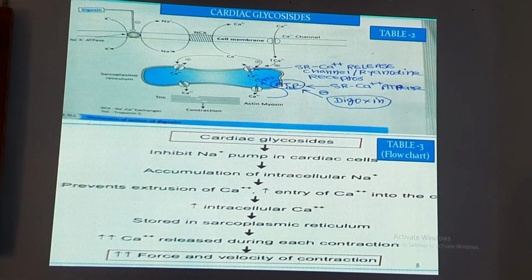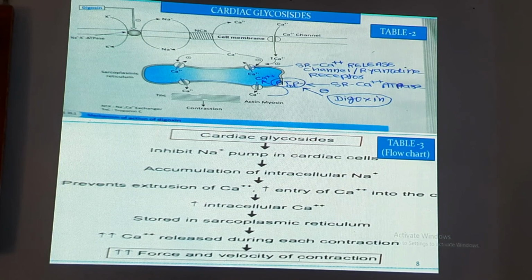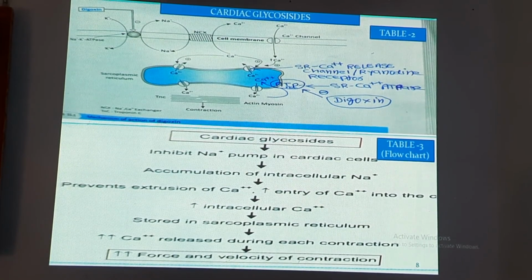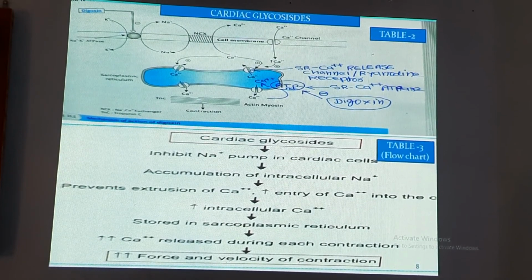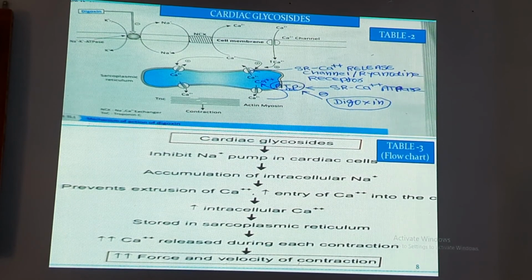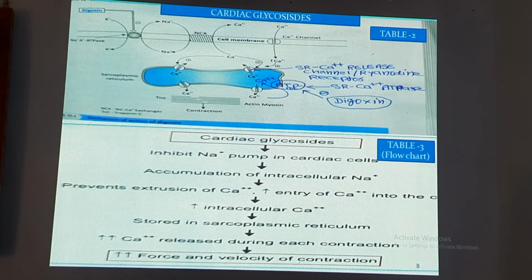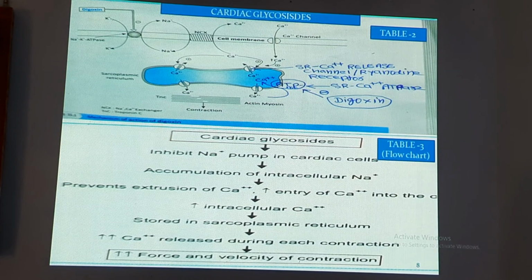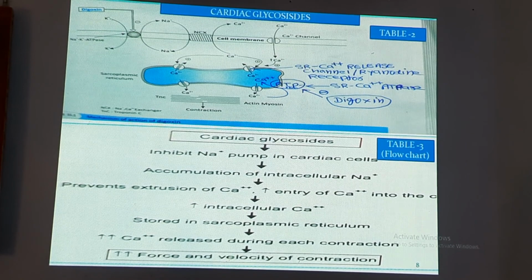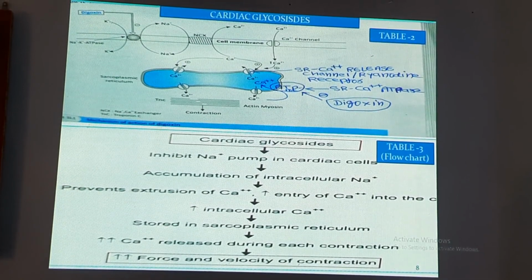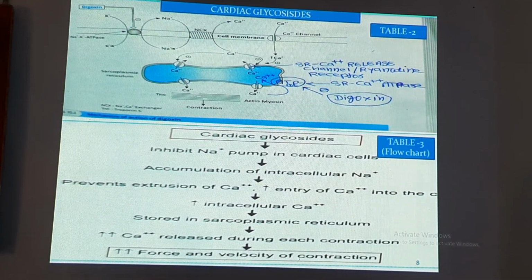The other is the sodium ion calcium ion exchanger, shown next to this and separated by a cross line. In the middle diagram, calcium is going outside and sodium ion is moving inside. So sodium moves inside and calcium moves outside the cell. And on the right, the lateral one shows the L-type calcium channel, showing influx of calcium ion into the cardiac muscle cell.